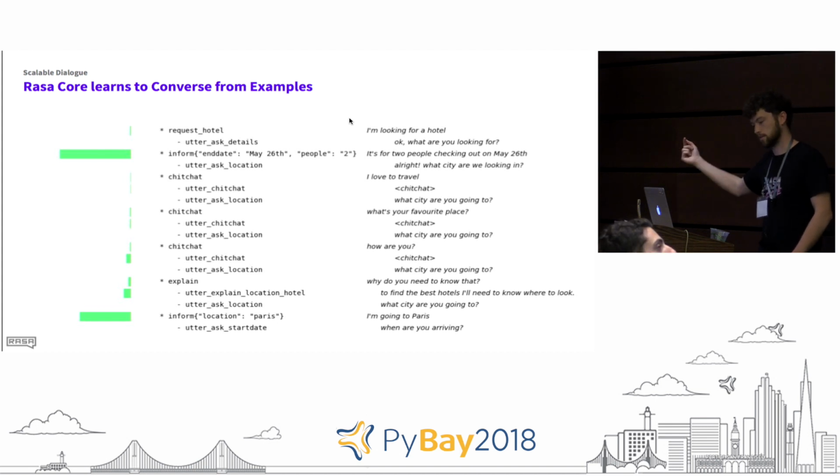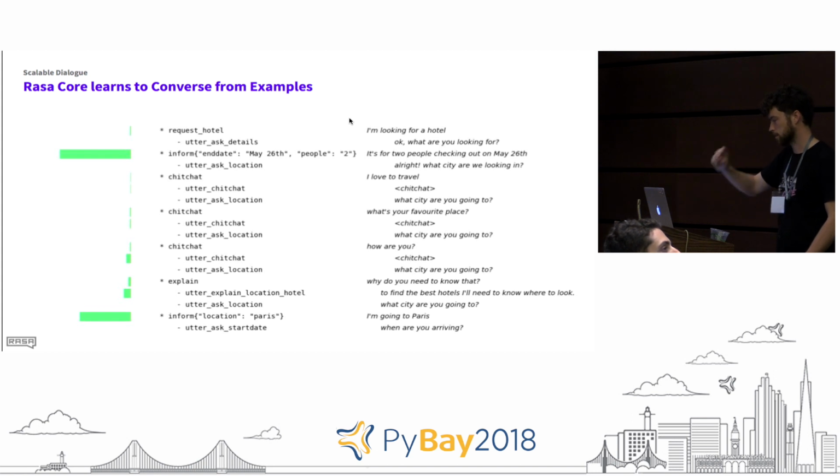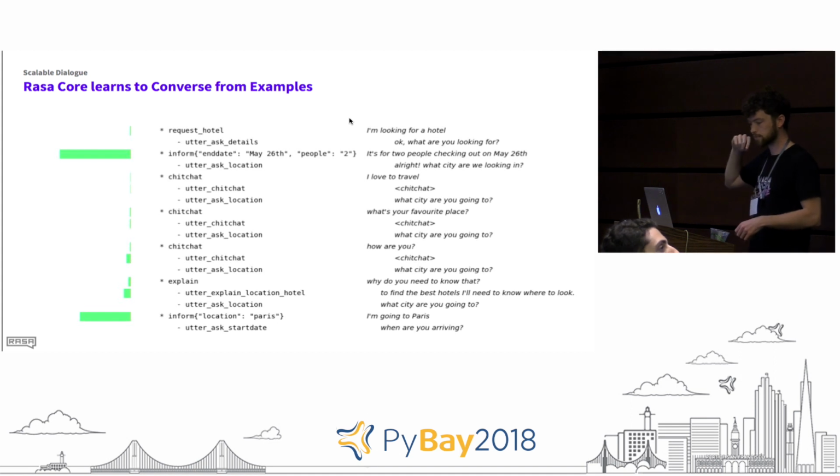And then the lines that start with a dash, those are what the system should do. What's implicit and not shown here is that Rasa Core itself has to predict that it needs to listen. So it will just keep predicting the next thing to do until it says, hey, I should wait for more input from the user. That's why some of these only do one thing, and some do 2 actions in a row. And what we do in this paper is actually show that,